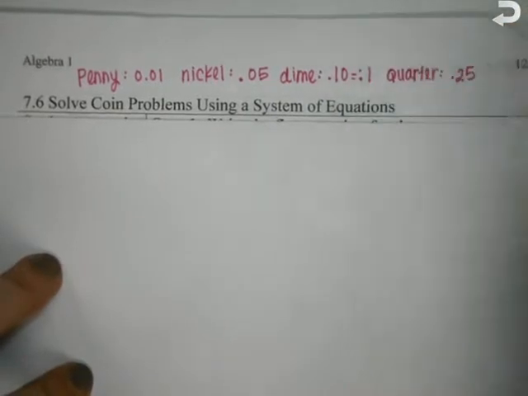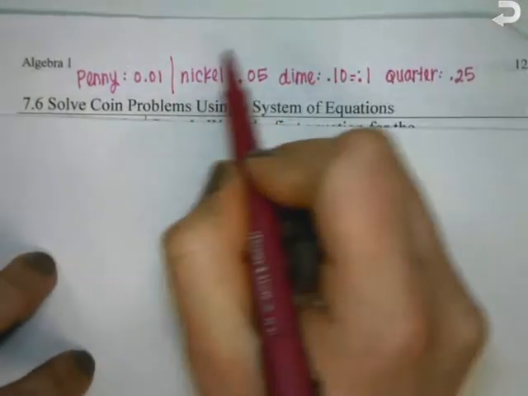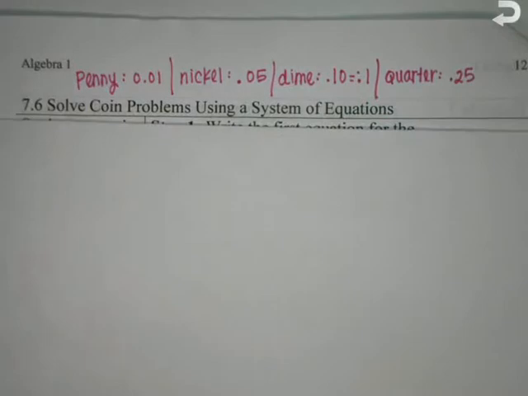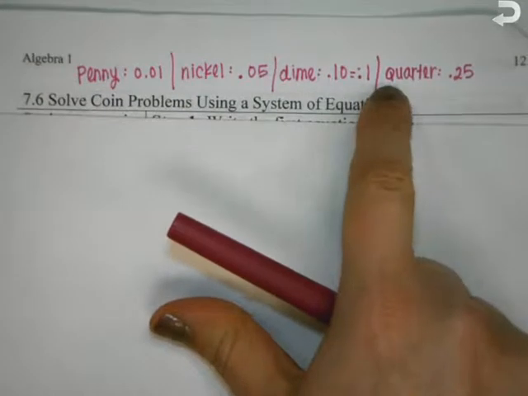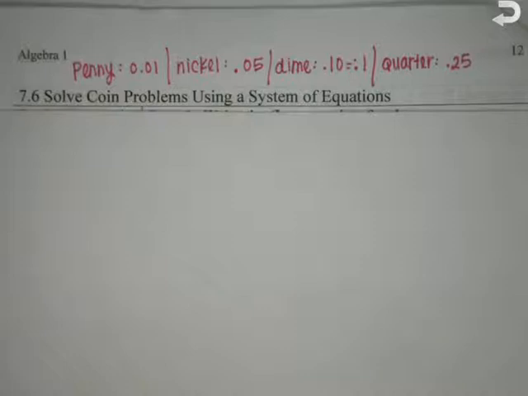Okay, now we are going to be using these, let me separate them. We are going to be using these for these types of problems, okay? Equals, because 0.10 is the same as 0.1, isn't it? We don't have to write the 0 at the end. Okay, so